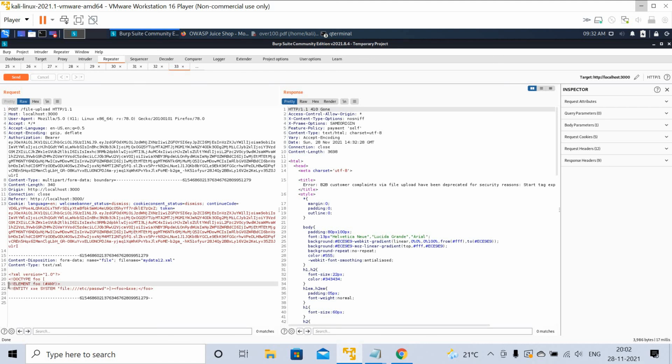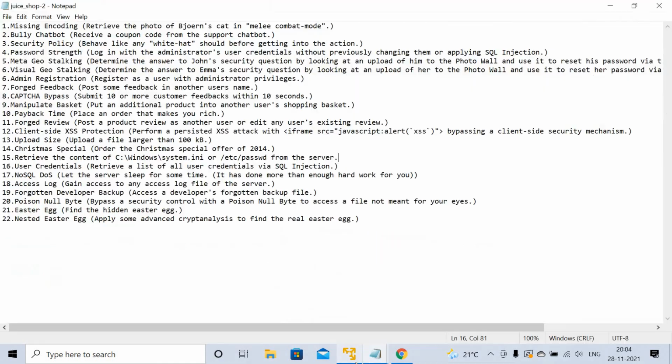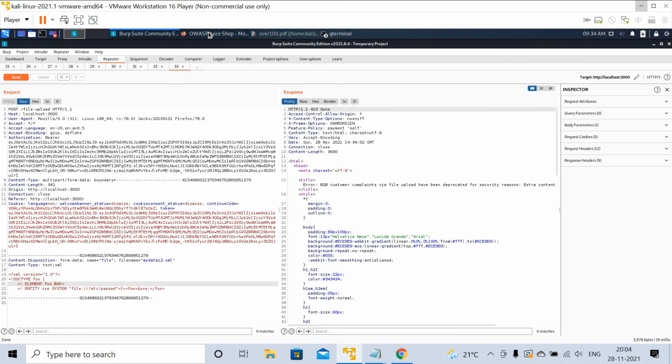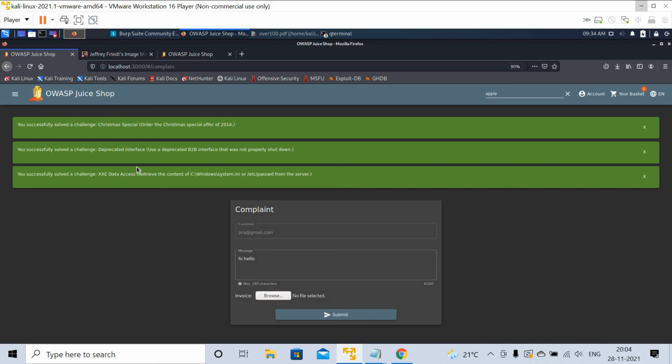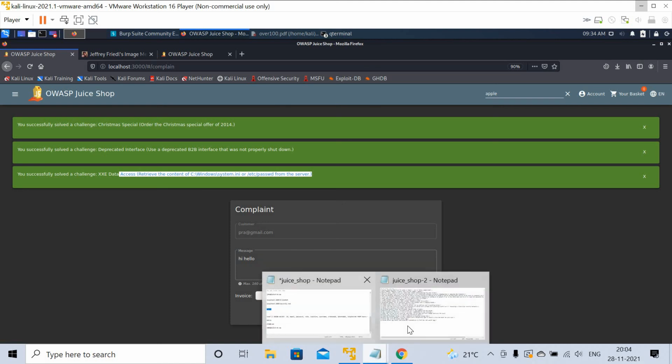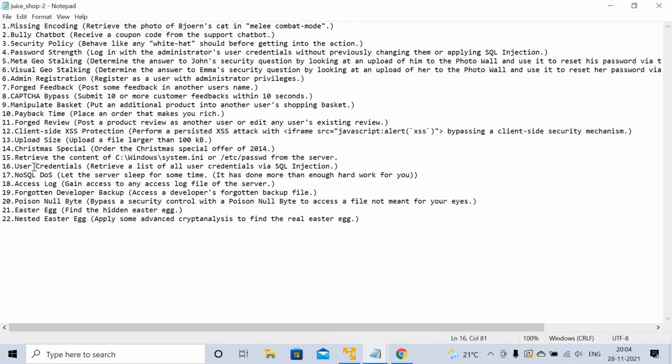So I will just say tab. I'll just give the tab and I'll send this again. So this particular challenge is solved. XXE data access. We can retrieve the etc/passwd file from the server. So this challenge is solved, and coming to the next one,